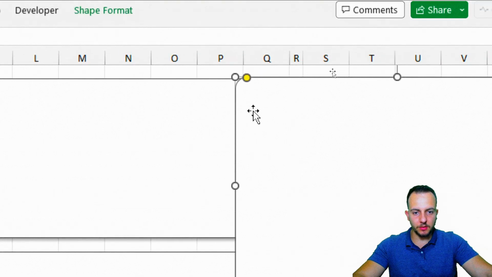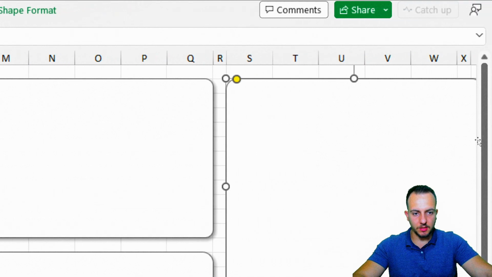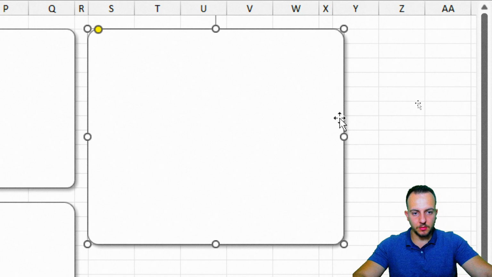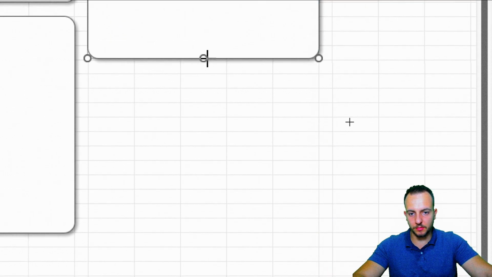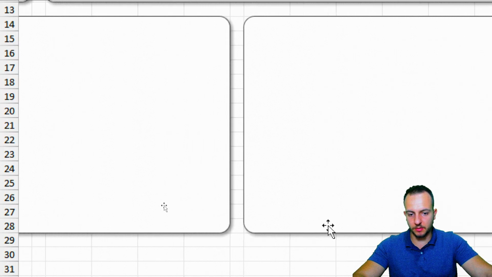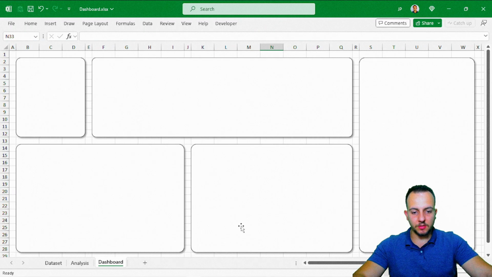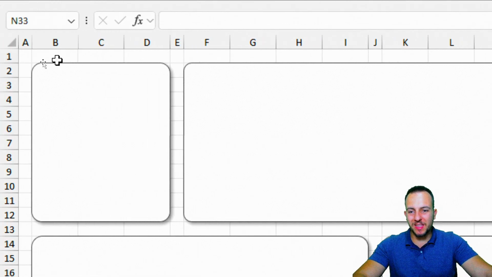And this one right here is gonna be placed just here to the right, and to the column X, to the row 28, yes, like this. So basically we're done with the area that we're gonna use in our dashboard itself. Now that we finished this first part of the dashboard, that is the background, we can get rid of these